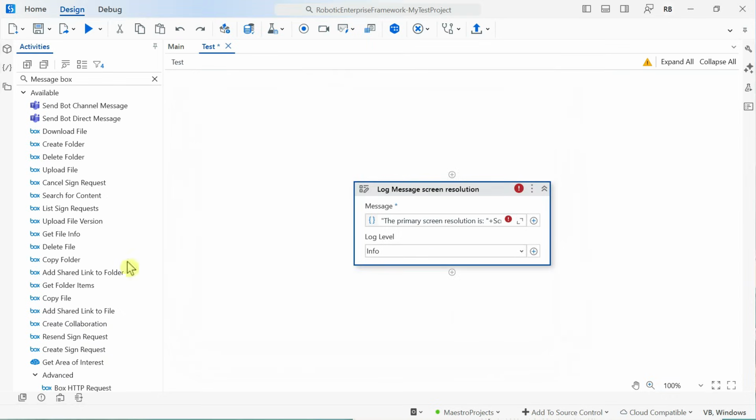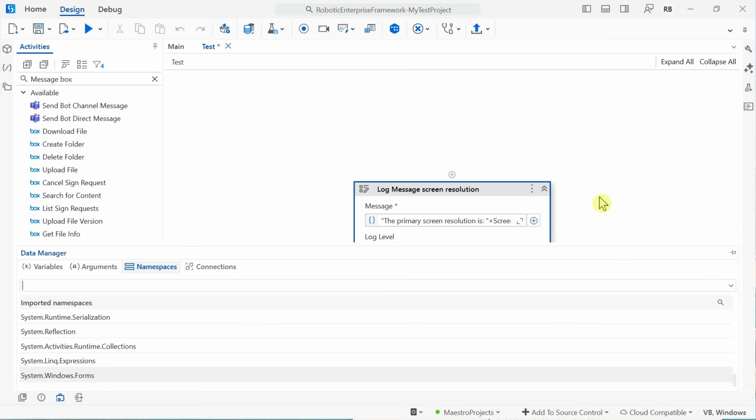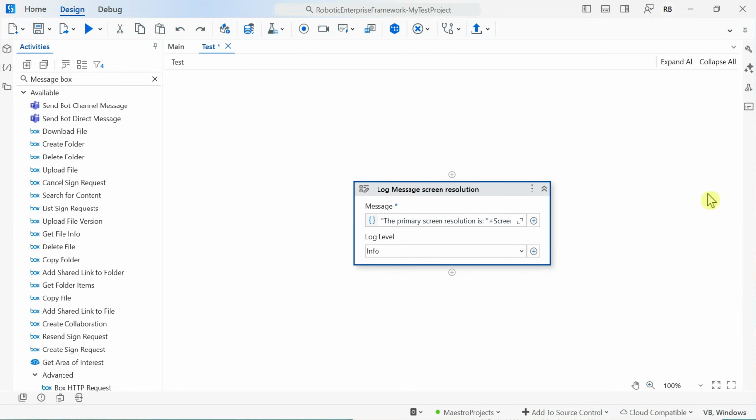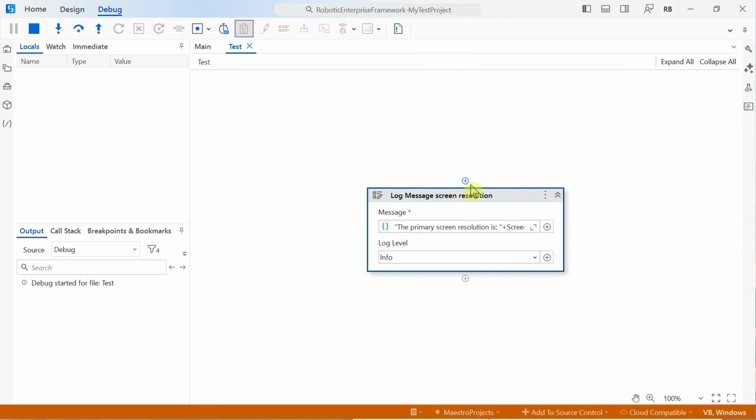Now for this, you have to add a namespace. And how do you add a namespace in the new UiPath Studio is by going to the data manager. And in this one, there is something called namespace. And here you type System.Windows.Forms. Okay, click on it. So once you click on it, you see the error is gone. Now, if I'm going to run, you remember the keyboard shortcut, function F6, right? If you do this,